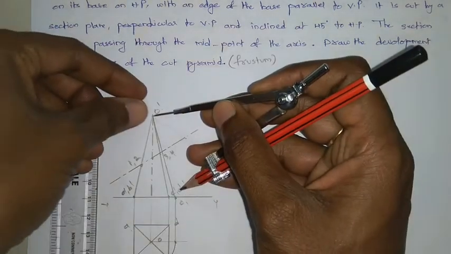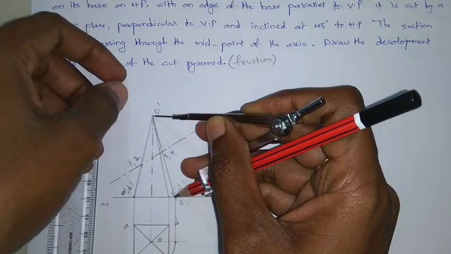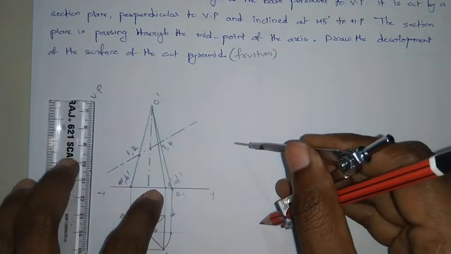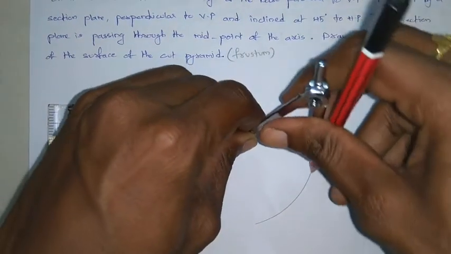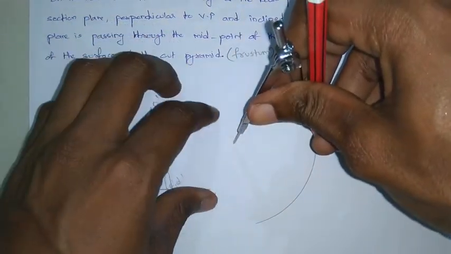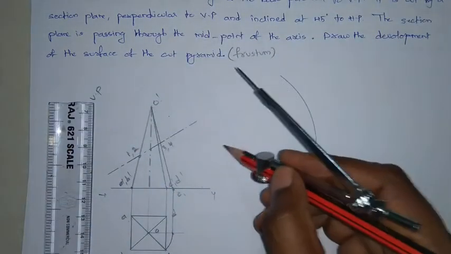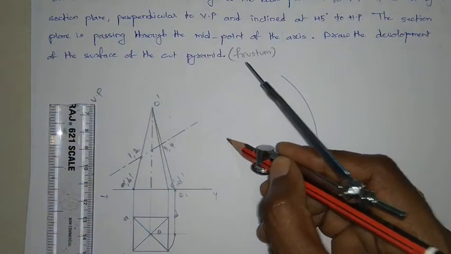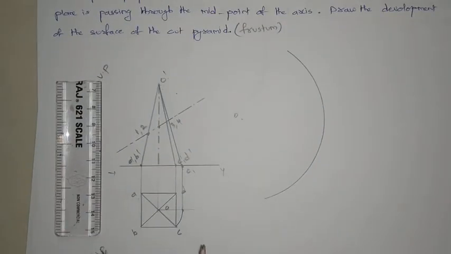Now take this radius and draw somewhere. You can draw at any location, there is no restriction that you should draw beside the diagram itself. So this is O, and I have drawn some arc with unknown angle. If you require, you can extend it later. That is not a big task. So take this radius.